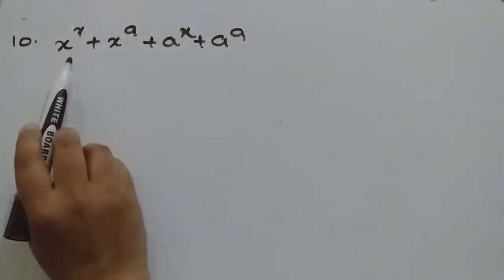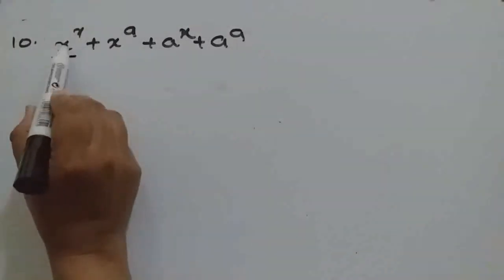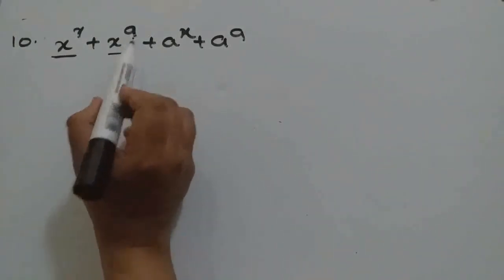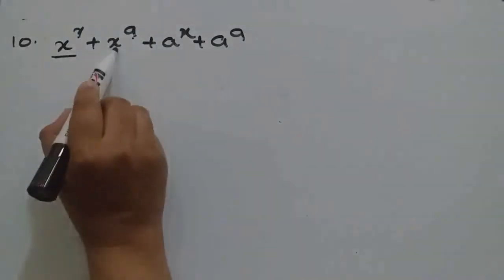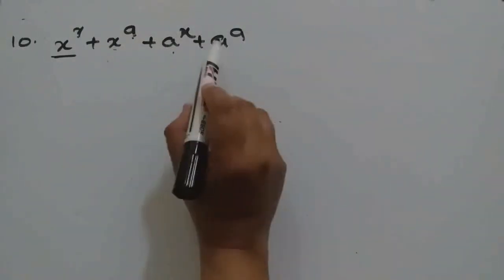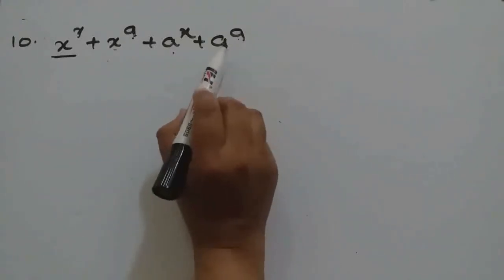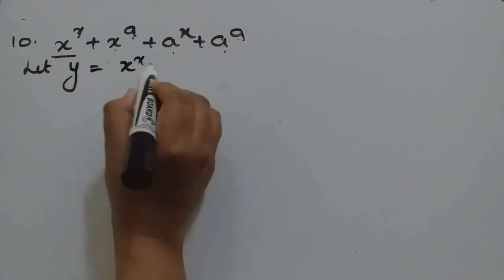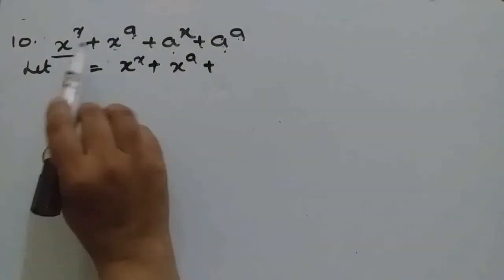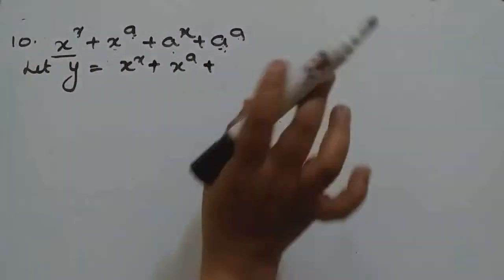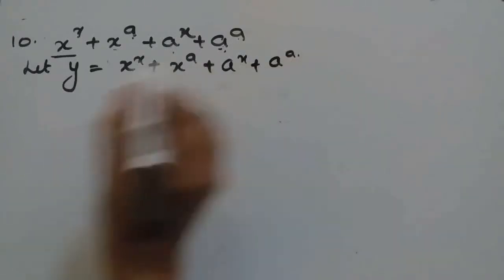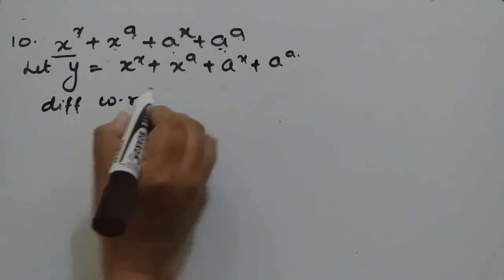Question number 10, if you observe, this is the example of LD, function power function. For this function, since a is any coefficient, any number, directly we can use the power rule. For this also we have a direct formula, and this number, power number means a constant term, so the derivative of this will be 0. Okay, so what we can do here, first we will suppose let y is equal to x power x plus x power a plus a power x plus a power a. We can suppose u, v, w, z like that and find the derivatives separately, or else we can write differentiate with respect to x.